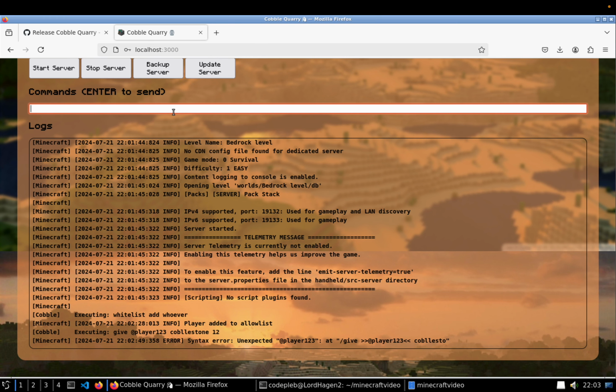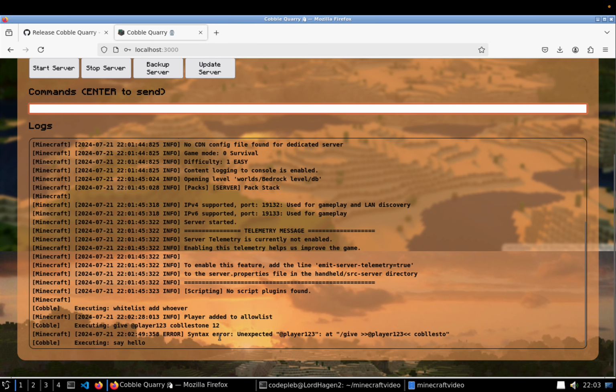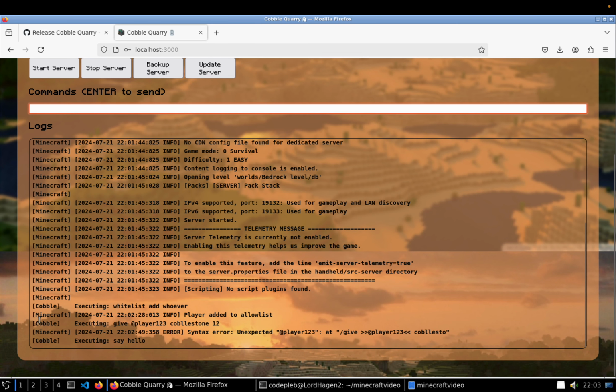Say hello, for instance. You see it executed say hello, so everybody on the server could read this now. But to use this bar, you need admin privileges. Anyways,